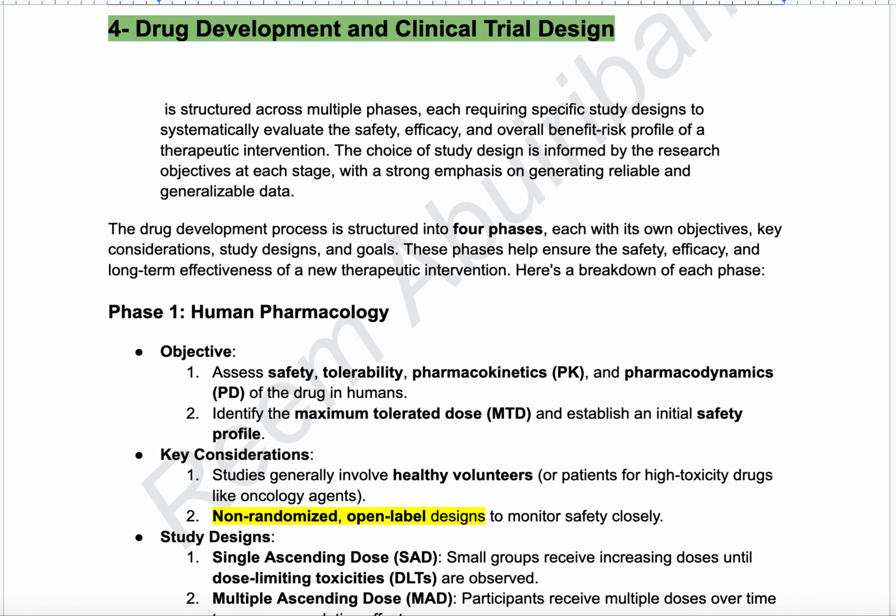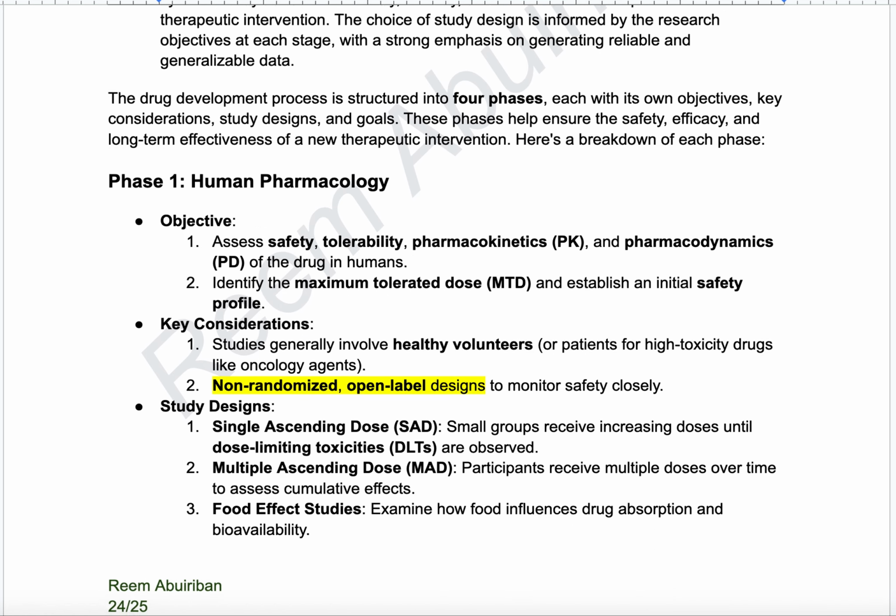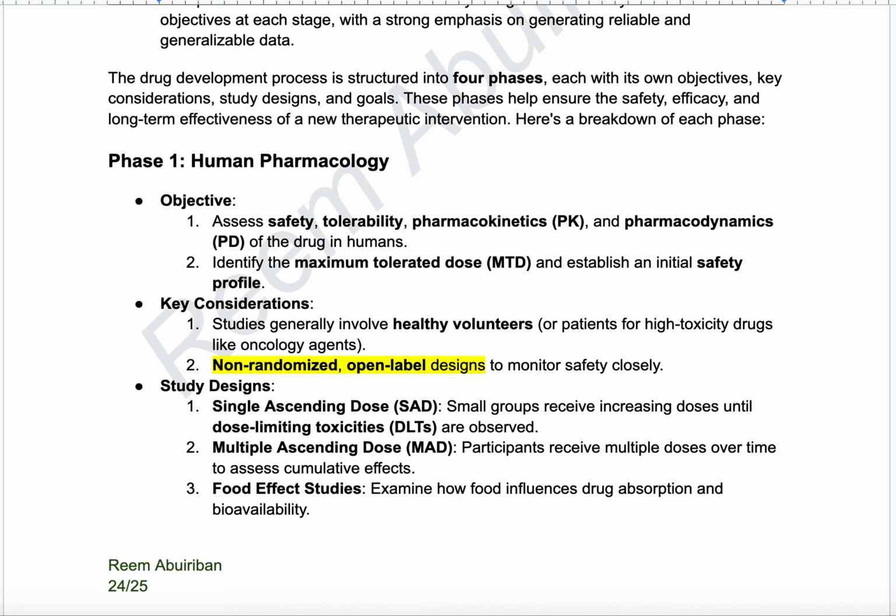Here we will break down each phase, so we understand each phase. Let's start with phase 1, which is known as human pharmacology. From its name, you can notice that it will be about pharmacokinetics and pharmacodynamics. So what is the objective? For each phase we will discuss what the objective is, what the key considerations are, and what the study designs are. Okay, so the objective of the first one, human pharmacology,